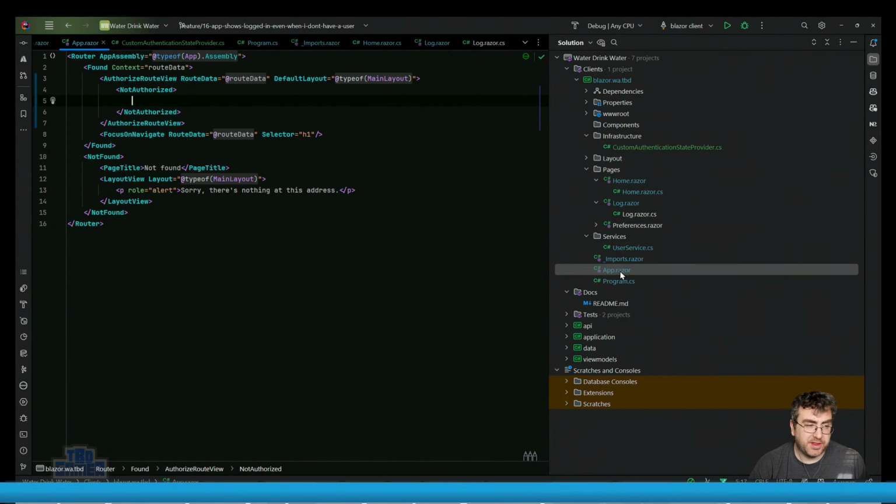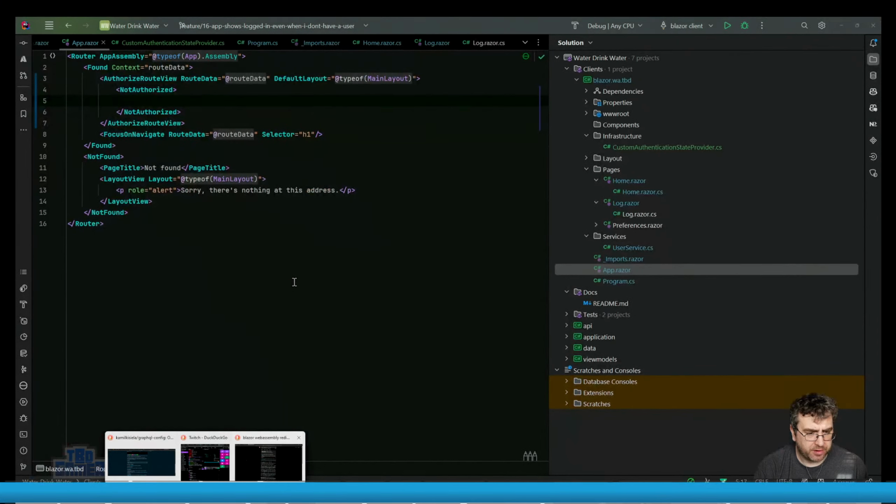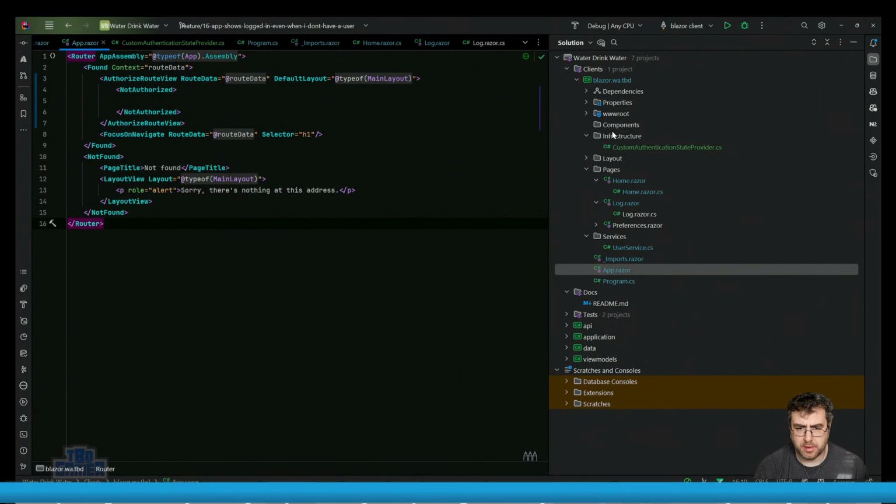But you know, in today's world, if you can't develop a UI as well, then you can't really do many projects on your own. So what I'm trying to figure out here is how to have this, so I can get the not authorized